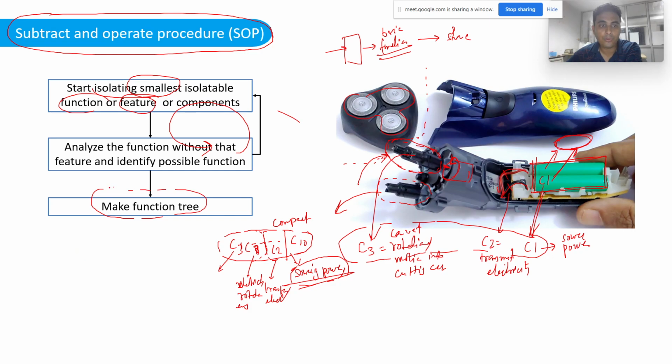So how do we do that? We come from bottom to up. So we, for example,